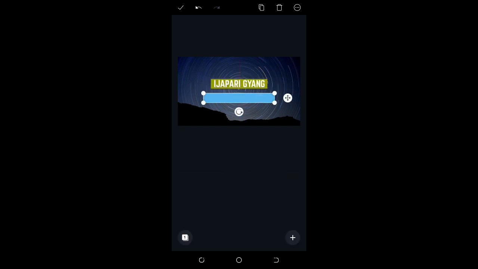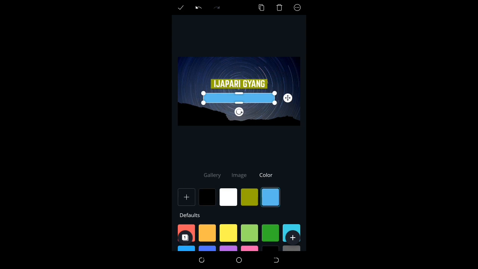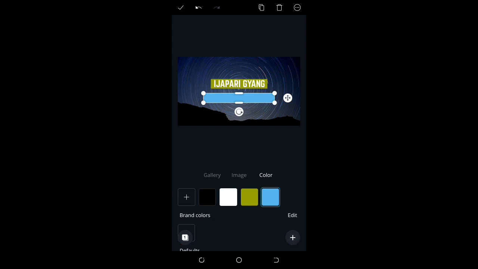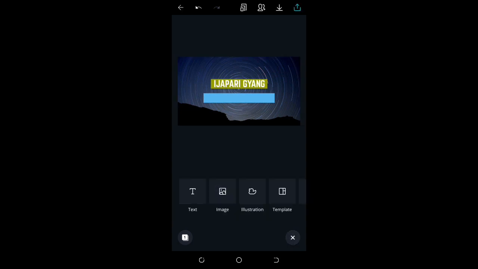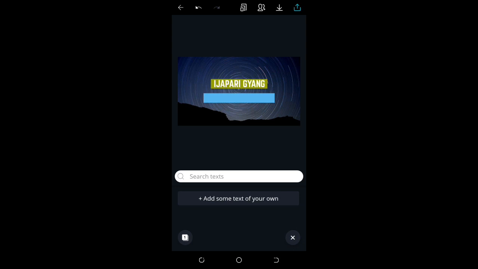I can also add another text if I want to. So anything I want to add, I will tap this plus sign here. If you are seeing it, this plus sign. Once I add it, I can add just about anything I want. All right, I want to add text because I don't want to write just my name. Maybe here I can add